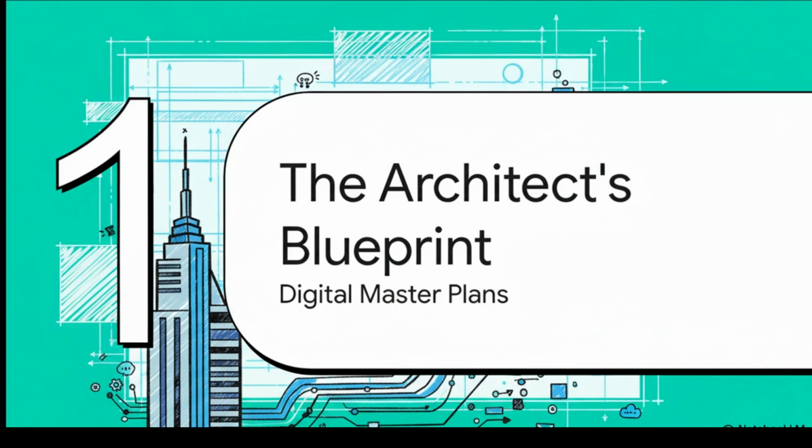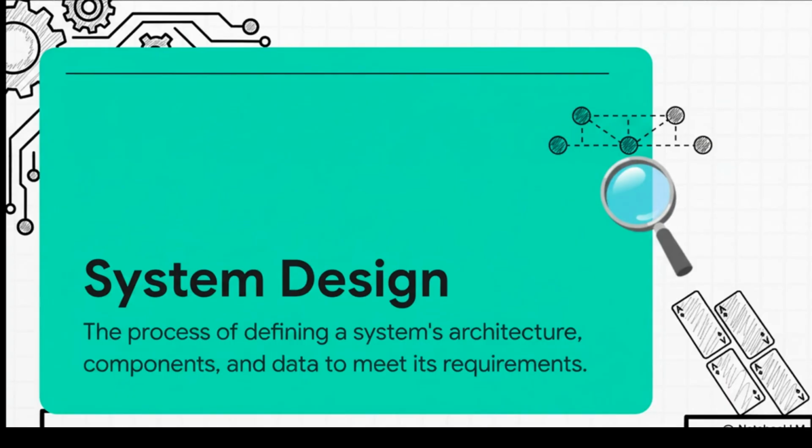Well, think about it like this. You'd never, ever build a skyscraper without a super detailed blueprint, would you? Of course not. And the digital world, it's exactly the same. Every single app, every website you rely on, it all starts with a master plan. And that master plan is what we call system design. It's this whole process where engineers try to think of everything that could possibly go wrong. Their entire job is to make sure the services we use every day are built on a rock-solid foundation, and not a house of cards that's going to collapse.